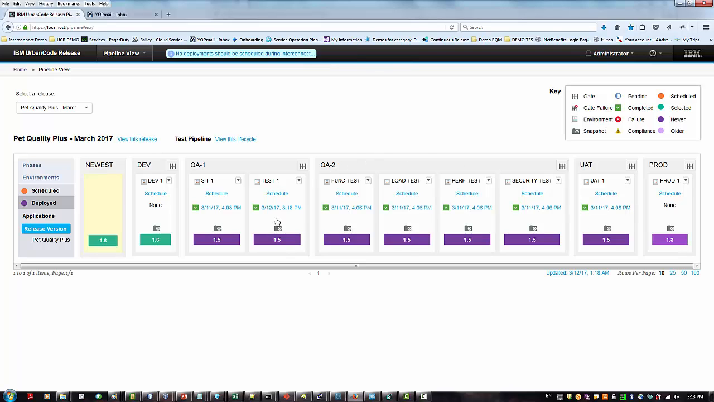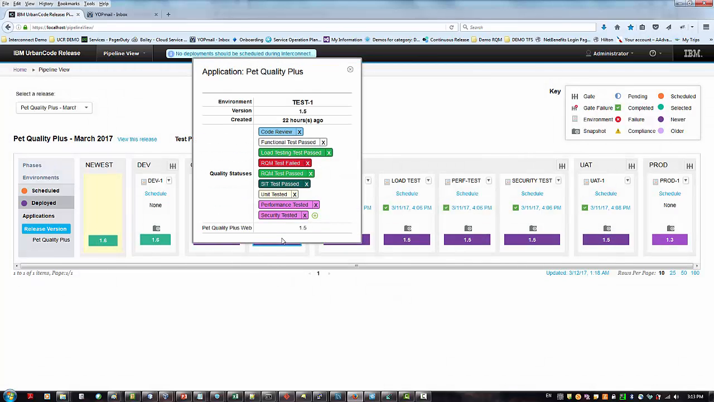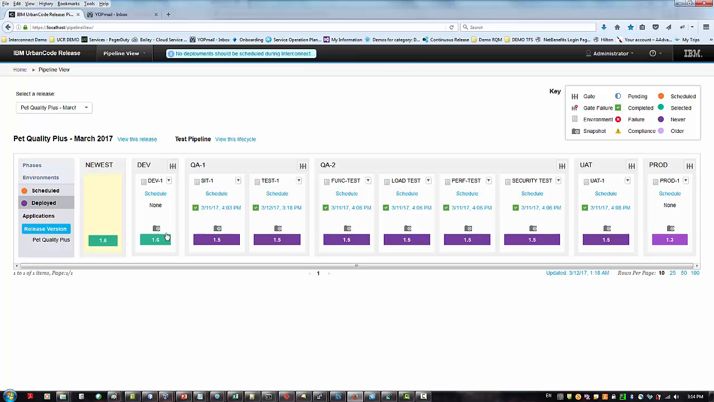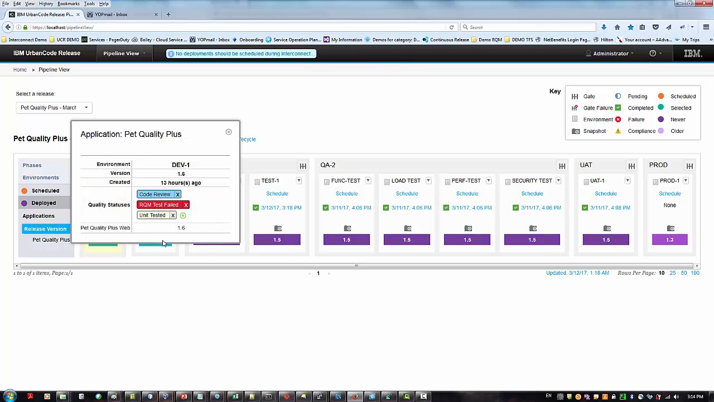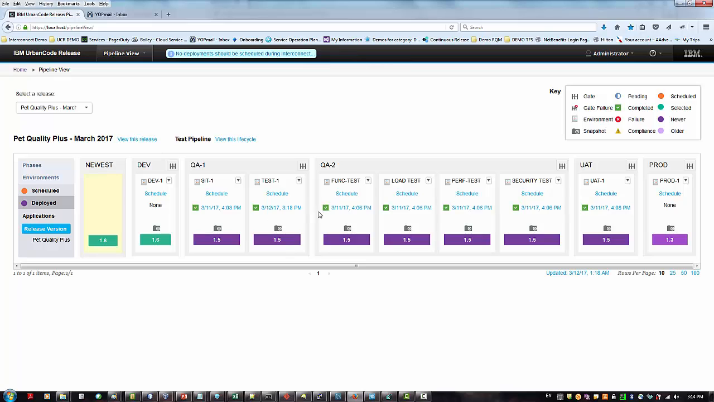If I click on any version here on this pipeline, let's say 1.5, it shows me what quality statuses have already been acquired by that version. So here we can see that 1.5 has all these statuses and already went through a lot of test phases, and acquired quality statuses along the way. If I look at 1.6, I can tell that it has not been SIT tested or RQm tested successfully yet. And it needs to move through the different QA1 and QA2 phases and all these environments